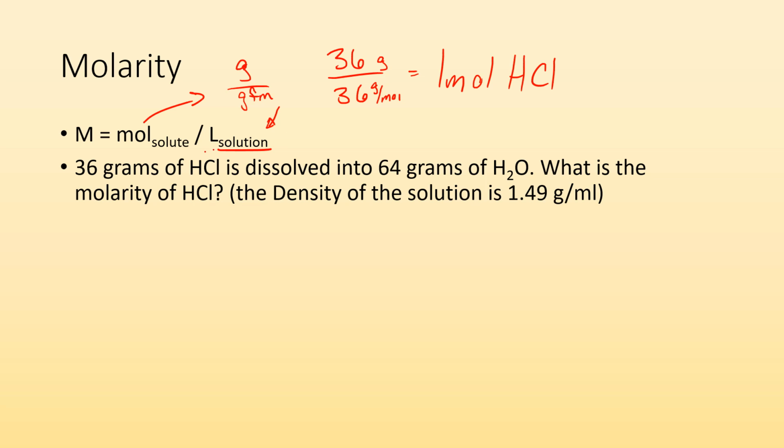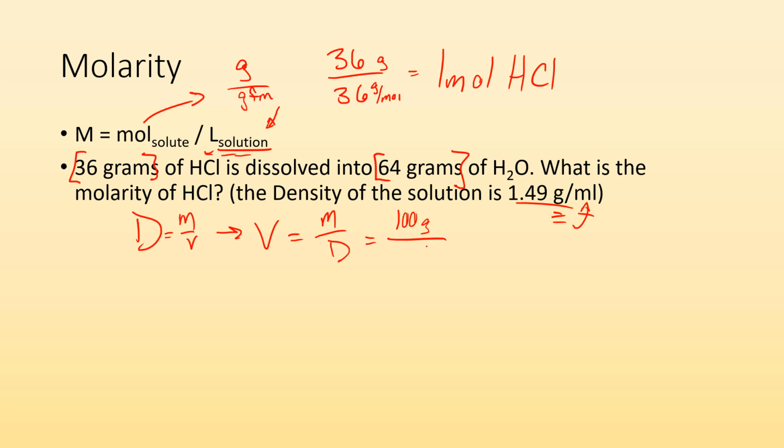But now we need to know the liters of our solution. So they give us the density of our solution. So we need to know the mass of our solution so that we can find the volume. So let me do that math. I know density equals mass over volume. If I'm solving for volume, I got to rearrange. I get volume equals mass over density. So the total mass is going to be for our solution, 36 grams plus the 64 grams. So my total mass is going to be 100 grams divided by this 1.49 grams per milliliter. And when I do that math, well, let's see, I get